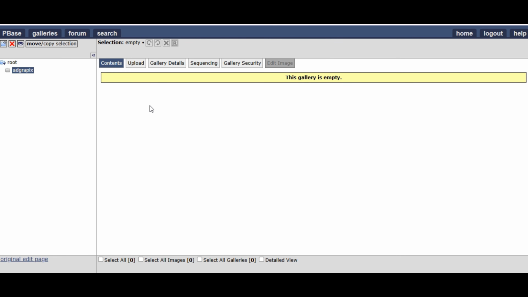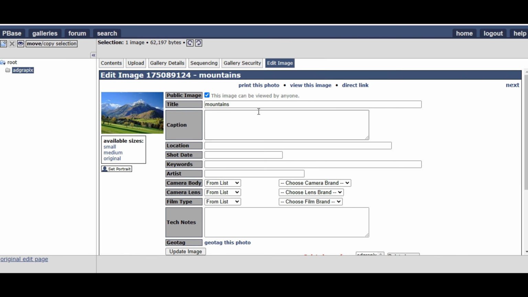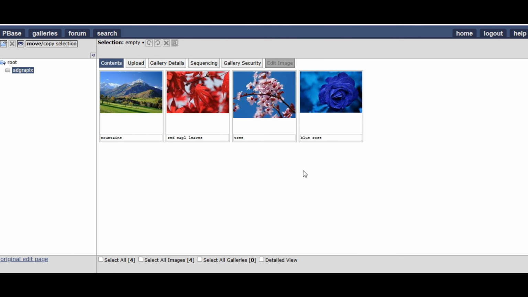Now I'll add some images here. For that you can download any images from Pixabay or Unsplash. I already have uploaded some images here. You can change your title here. It's not important, but I'm doing this just to keep my profile genuine. Okay, that's it. Now go to Pbase, or you can click on this button